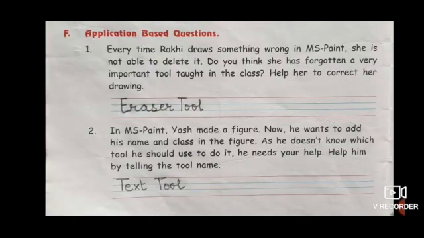Next, application based questions. Now there are two parts. So first one is, every time Rakhi draws something wrong in MS Paint, she is not able to delete it. Do you think she has forgotten a very important tool taught in the class? Help her to correct her drawing. Eraser tool.